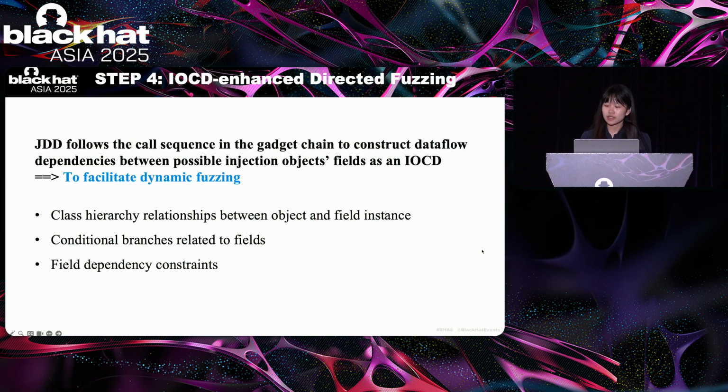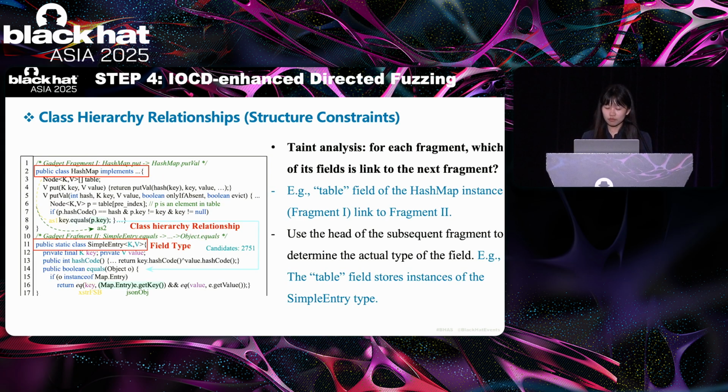Next, in step 4, JDD will follow the call sequence in the gadget chain to construct the data flow dependencies between the possible injection object fields. JDD mainly focuses on 3 categories of constraints. The first type involves the class hierarchical relationships between objects and their field instances. These constraints are used to guide the generation of the initial seed, ensuring the dynamic method invocation correctly jumps to